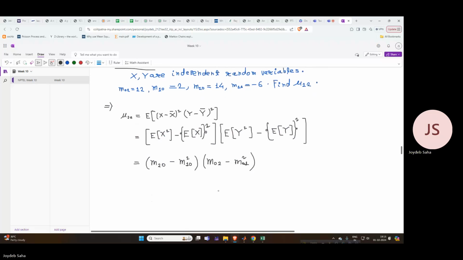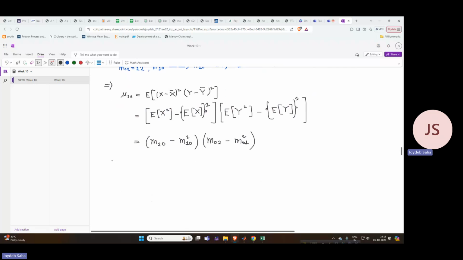As x and y are independent random variables, so can we say the expectation of xy is equal to the expectation of x into the expectation of y? Yes. So as x and y are independent